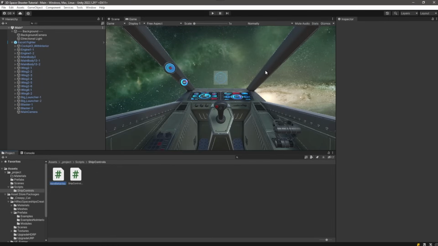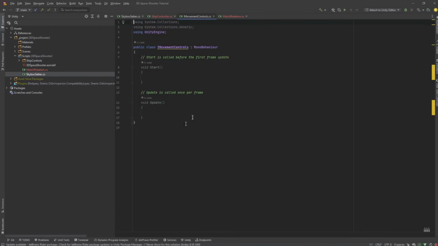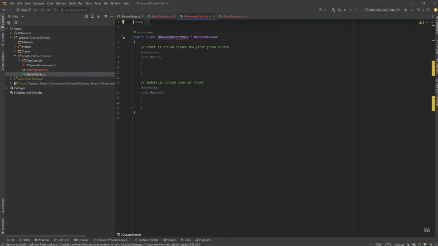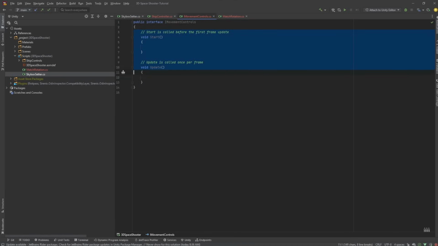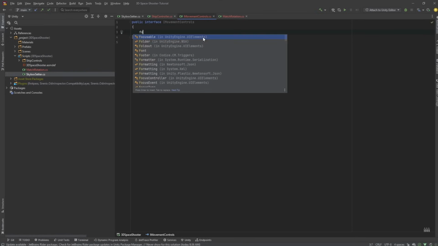And I'm going to call this IMovementControls. Open that up in our editor. And this is not going to be a MonoBehaviour, and it's not going to be a class. It's going to be an interface. And I'm going to go ahead and get rid of all those using statements. And we won't need these callbacks. And the interface is going to be really simple. It's going to have